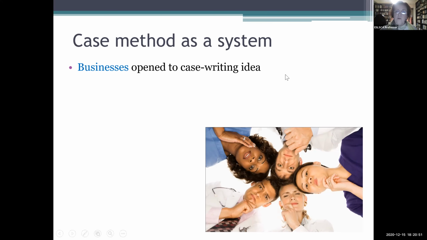But not always do you meet people like that, who are understanding and ready to understand that the purpose of case writing is to help students learn eventually. So there is no other purpose.